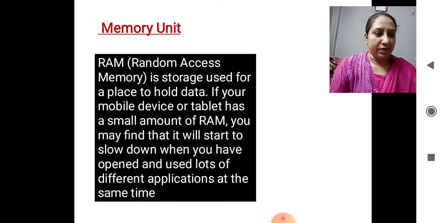Now, next in the mobile is memory. The memory function is almost similar to the computer memory. As in the computer, there are two types of memories available, one called primary and the other the secondary memory. The primary memory will lose the data as soon as we turn off the computer. In the same way here also, the memory is divided into two parts.